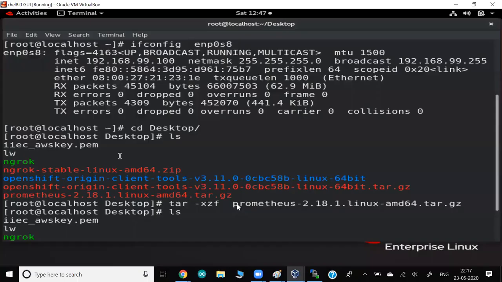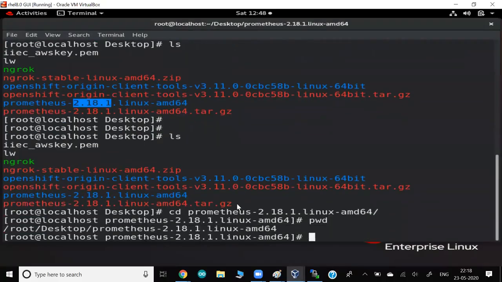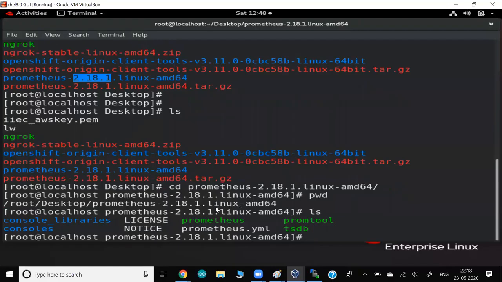If you want to check, just go inside this folder. I'm here, and here you can see this file. Technically Prometheus is available directly for you to run. This is a program file I have to run. As soon as you run it, your Prometheus server starts. I'll show you how to run.